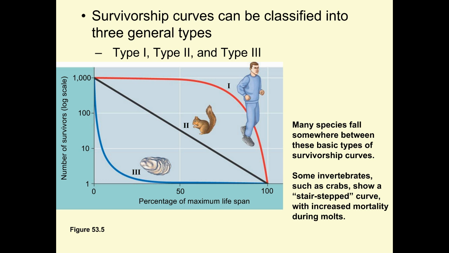Type 2 are a little bit different. Type 2 are typically prey animals. Right? Squirrels. They have to look out for predators all of their lives. So when they're young, the baby squirrels can be picked up. Birds are type 2 as well. The baby birds can be picked up. The adult squirrels can be picked up. So they display more of this even survivorship curve, right? They don't really maximize early or later. Because of predation, it kind of just evens out in a sense.